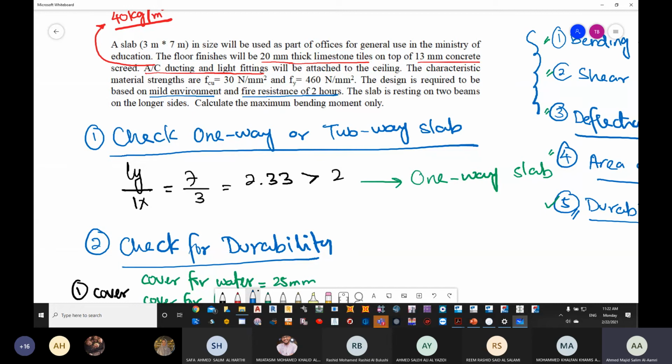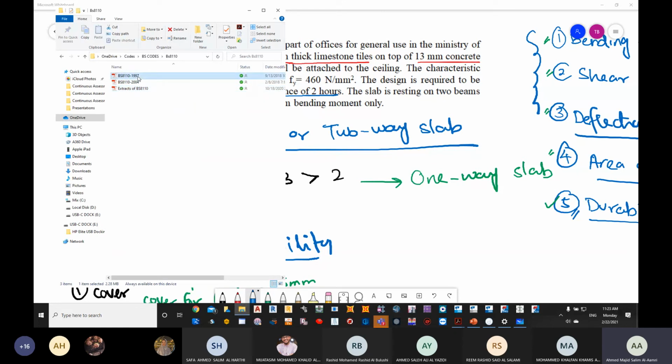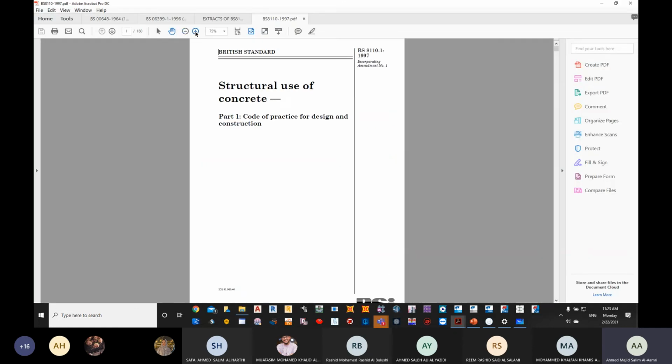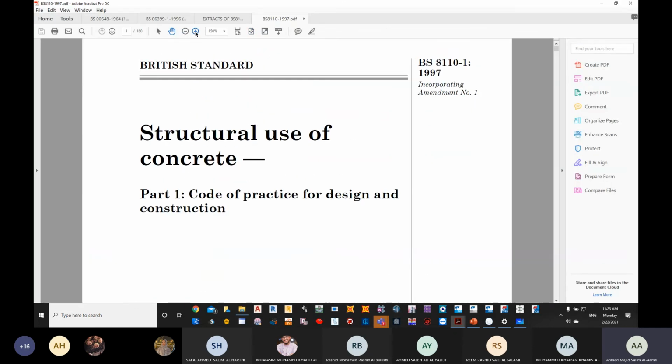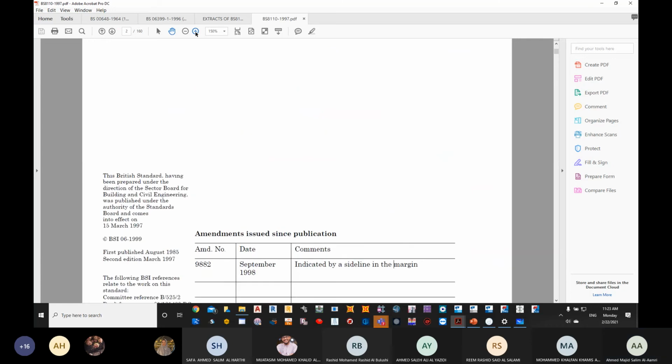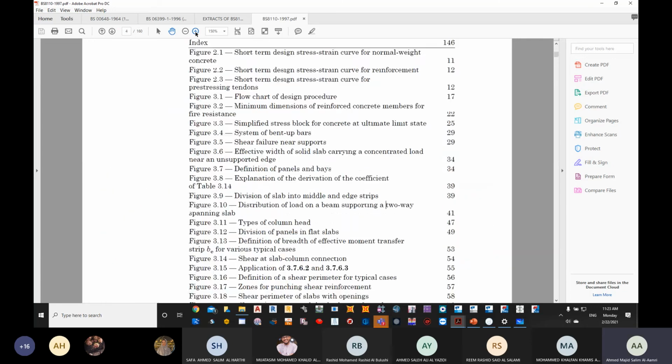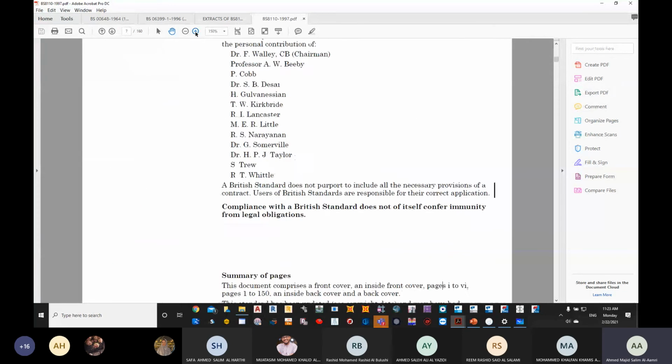Whatever is available now on the sites and in industry is only 500. It's not 460, it is going to be 500. But once again, the stresses are going to be the same. How are we going to verify that? I didn't upload both BS codes for you, but this is the 1997 one. Now you can see here